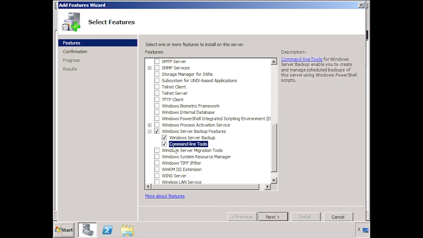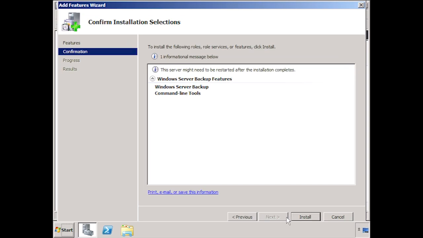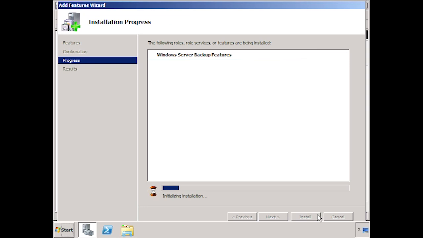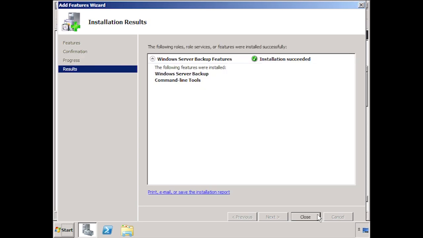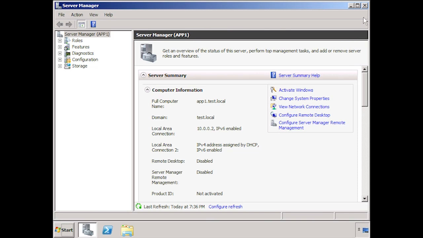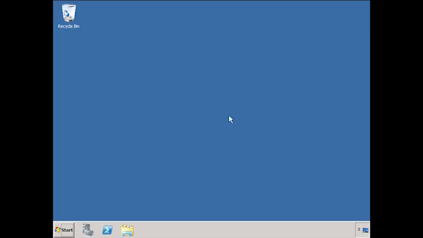Also notice that option below the command line tools. If you want to run backups from the command line or from scripts, you will need to ensure command line tool is also selected. Once you press Install, Windows Server Backup will install. The install is quite fast and, depending on the speed of your computer, may be completed in less than 30 seconds. Once installed, to run Windows Server Backup, open the Start